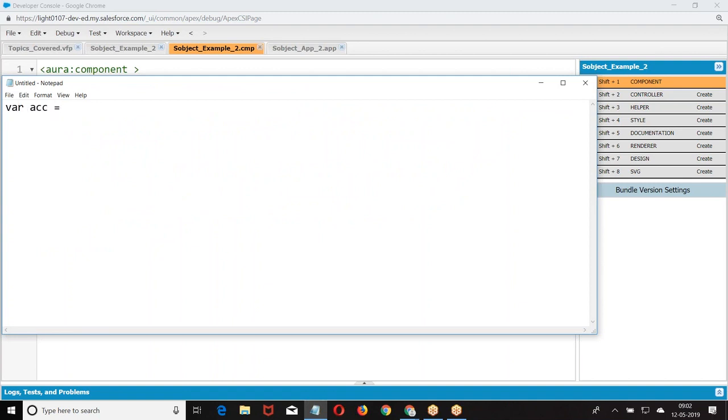Where ACC equal to new. We have done this type of functionality in JavaScript, Ajax functionality, S controller programming.